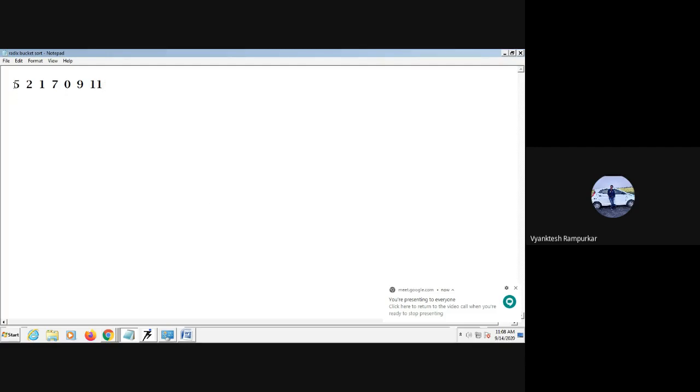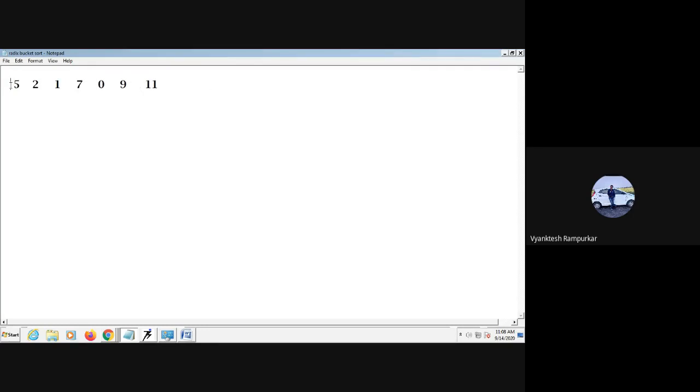Suppose I have to sort these numbers using quick sort. What is the technique? Quick sort. I would like to revise the concept of quick sort.